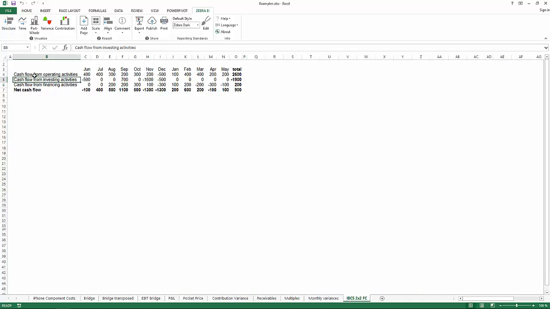I have my data here, so cash flow from operating activities, my months here, and the total cash flow. I have the formula here, and it's all added up to net cash flow, again with the sum formula here. Okay, this time I'm going to use a predefined template for PowerPoint because Zebra BI has under Add Page command,